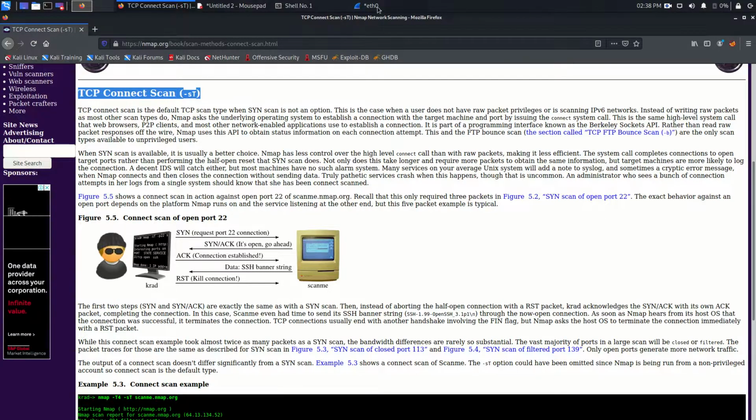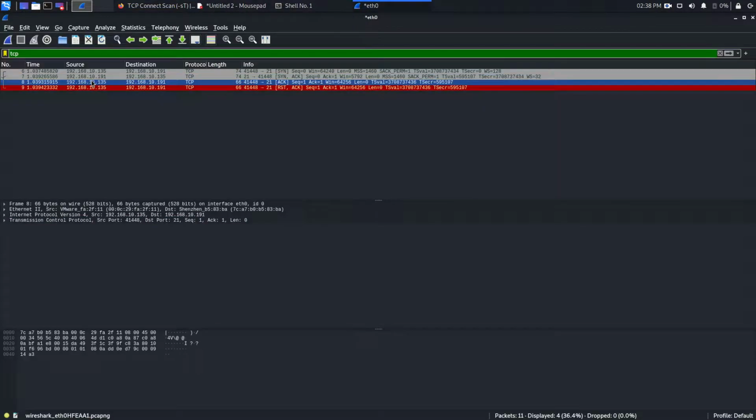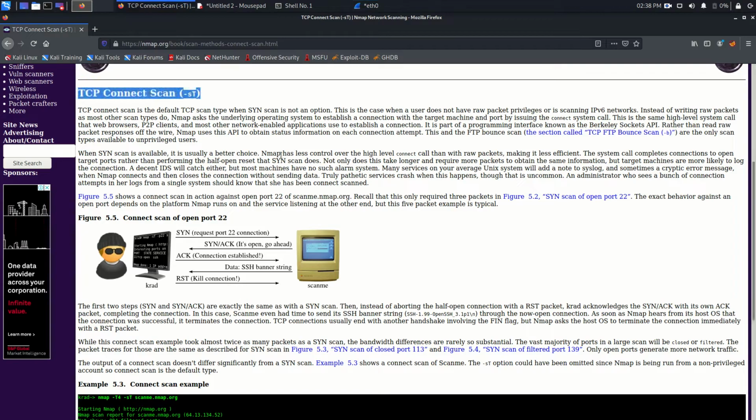Then in the third packet, my machine, the source, sends a packet to the target machine with the acknowledgement flag. It says, I knocked on your door, you said you are here, now I am going to establish the connection with you. After this acknowledgement packet, data can be transmitted, and both devices can communicate.